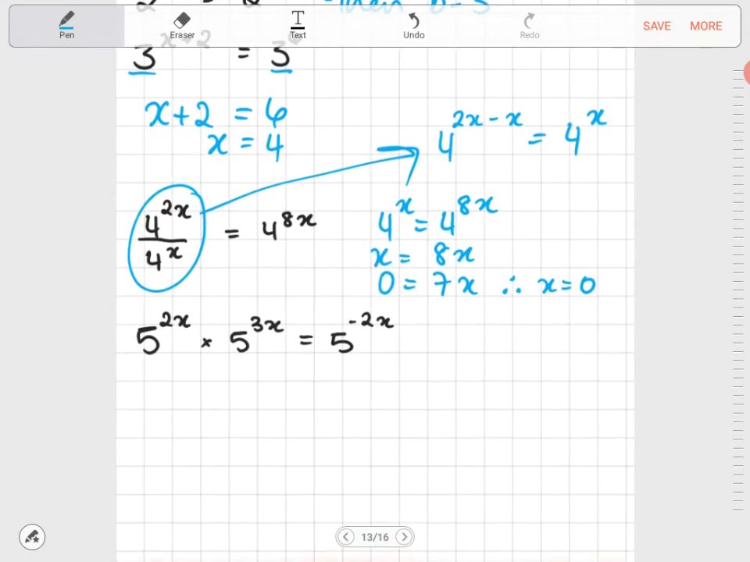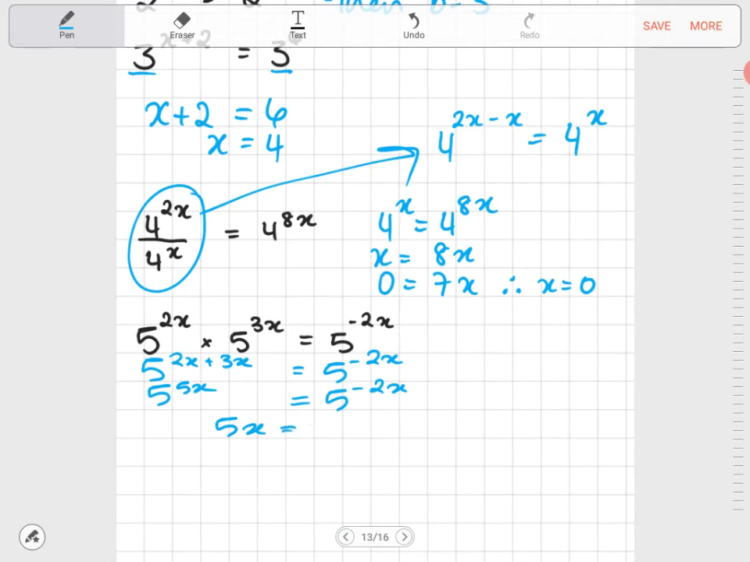Right, let's look at a power one. So first step is to simplify our powers. So we have 5 to the 2x plus 3x. Remember we have to add them, and that's going to be equal to 5 to the negative 2x. Now that our bases are the same and as simplified as possible, let's just quickly simplify this side a bit more. So we end up with 5 to the power of 5x is equal to 5 to the negative 2x. Then we can write our powers